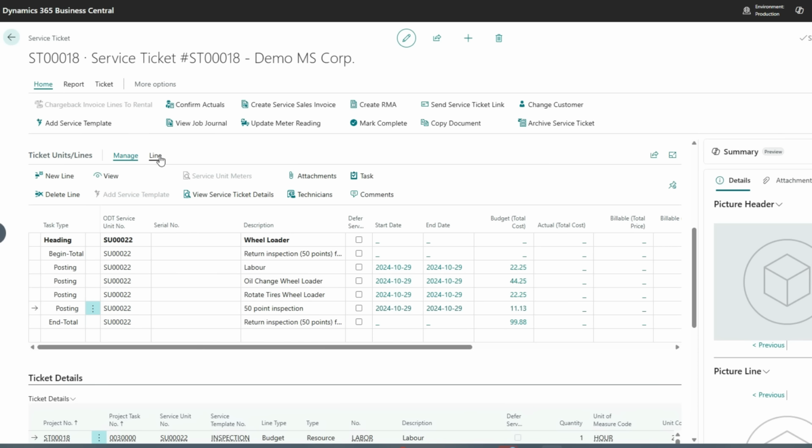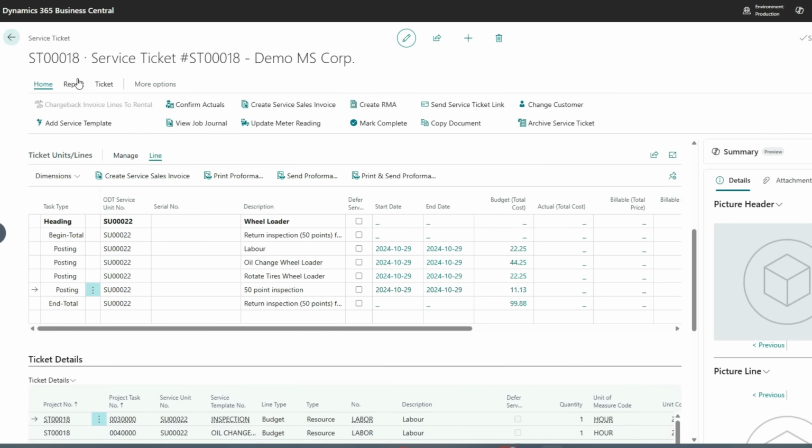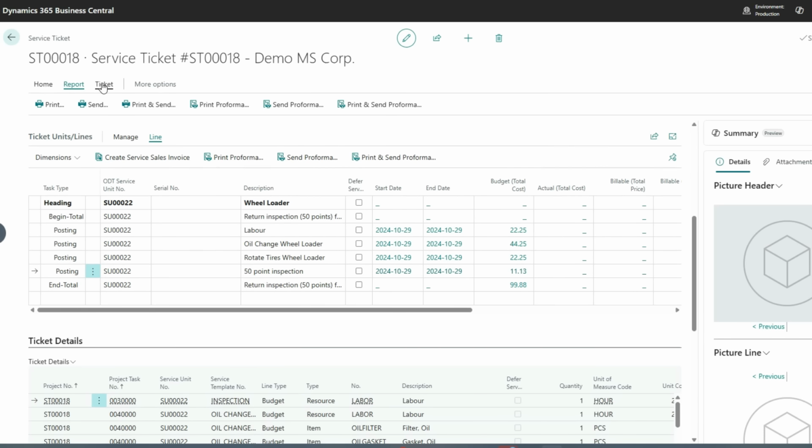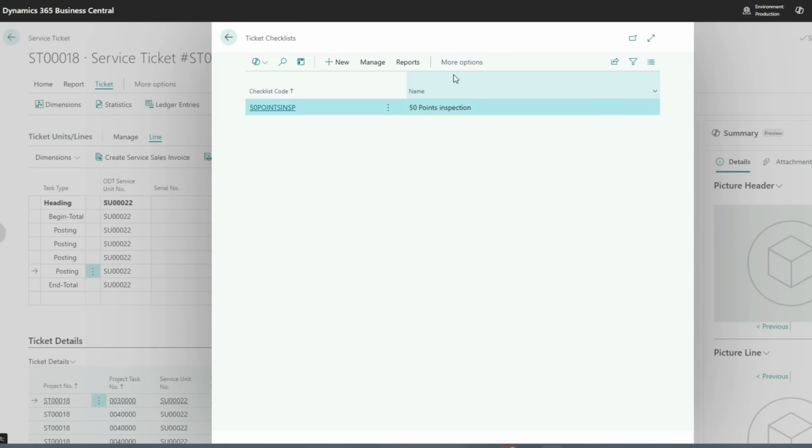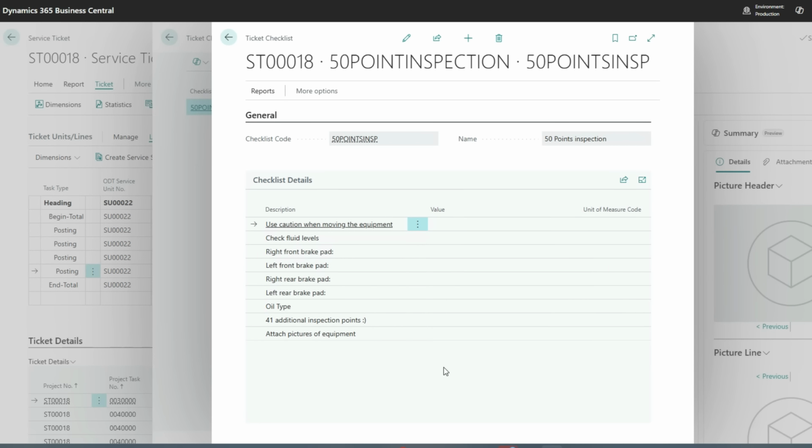Under these, you can also have checklists and more details that are attached to help the users and technicians work on the tickets. So in this case, the 50-point inspection has a checklist to help them, and they have to capture values. So they would have this screen available on their device with instructions or tasks to complete and values to enter. This is a 50 points one. I didn't enter all the 50 points to illustrate, but